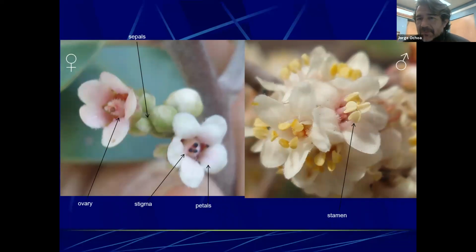And we have a few other plants like the sumacs, where we have the remnants of some of the reproductive parts, but no longer functional. So here we have the female flowers with the stigma, and then here we have the male flowers with the stamens. But if we look very closely, there are remnants of the stamens here. So perhaps the ancestor had both functional male and female components, but as time went by, they just adopted one or the other to ensure the outcrossing.